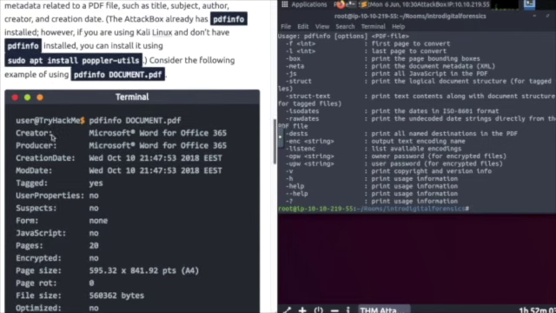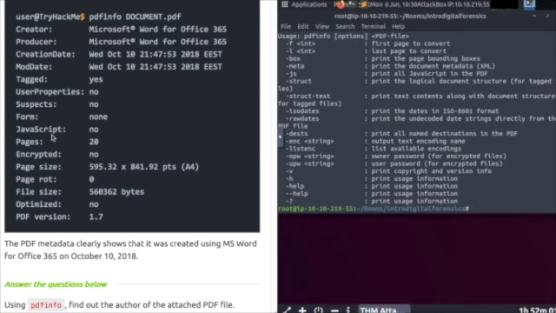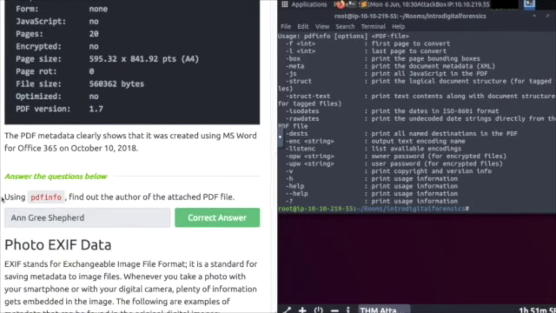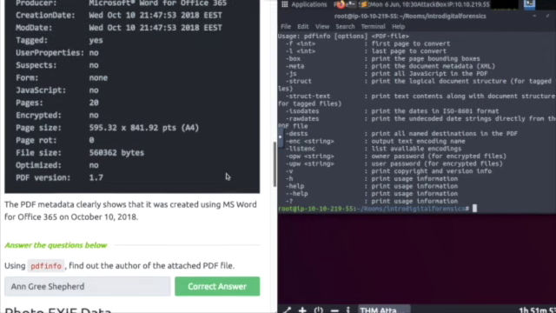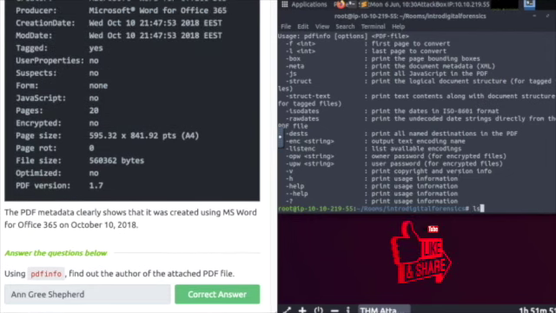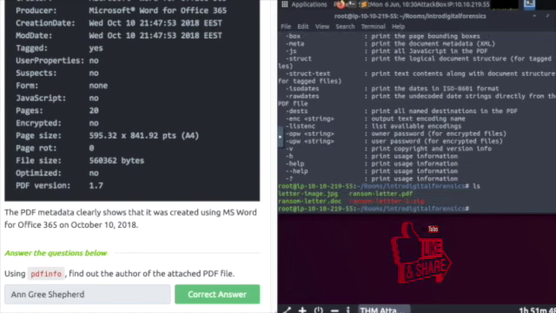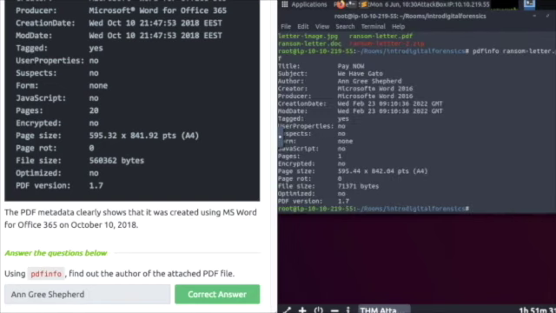Let's read on. Using pdfinfo, find out the author of the attached PDF file. I'm going to ls to see the files again. Let's pdfinfo the PDF file, ransom letter.pdf. Hit enter, and there's your author and answer,